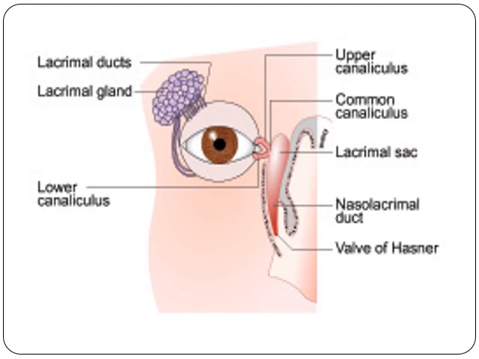The lacrimal apparatus consists of the lacrimal gland, which has two parts: the orbital part and the palpebral part. Then there are 10 to 12 lacrimal ducts. Then medially there are the upper and lower puncta. Then come the upper and lower canaliculi, which connect the punctum to the lacrimal sac. Then there is the lacrimal sac, which is located in the lacrimal fossa in the anterior part of the medial orbital